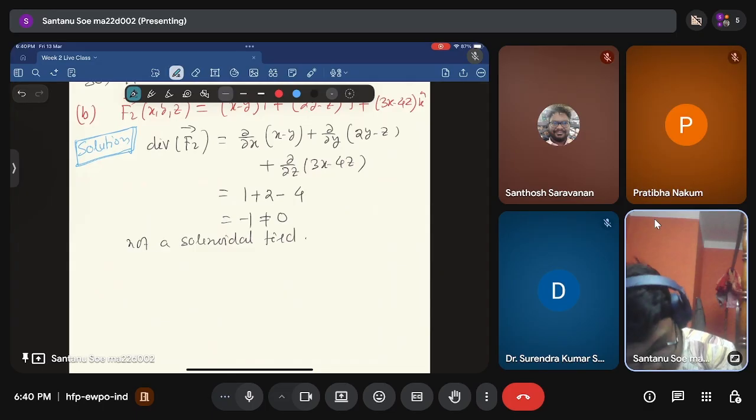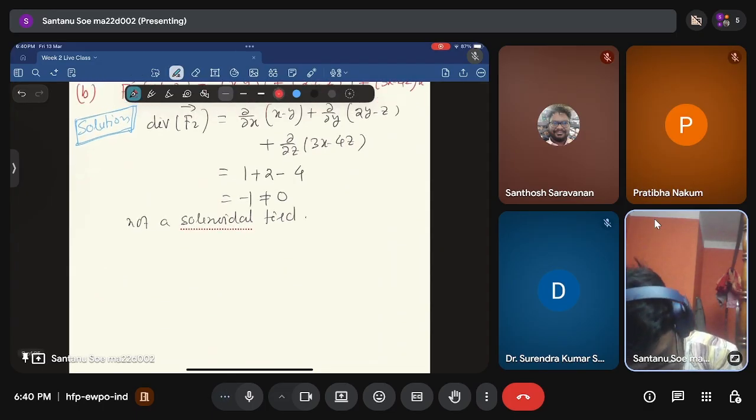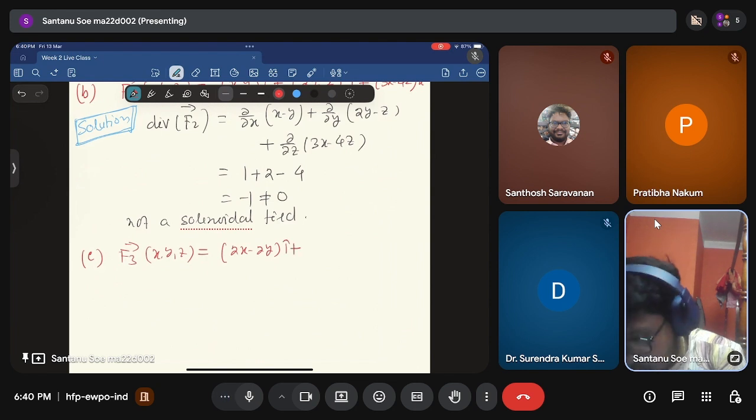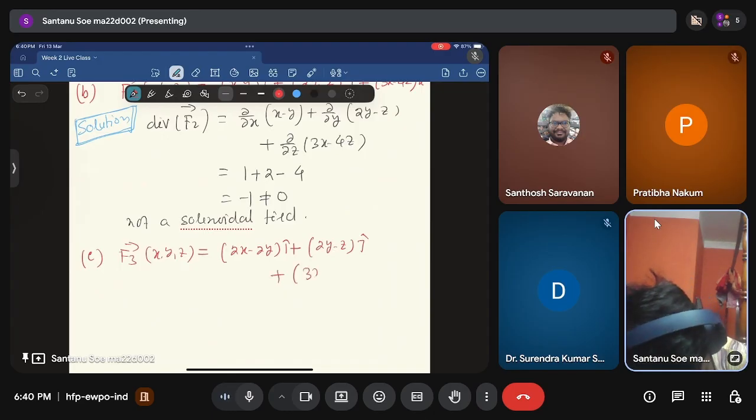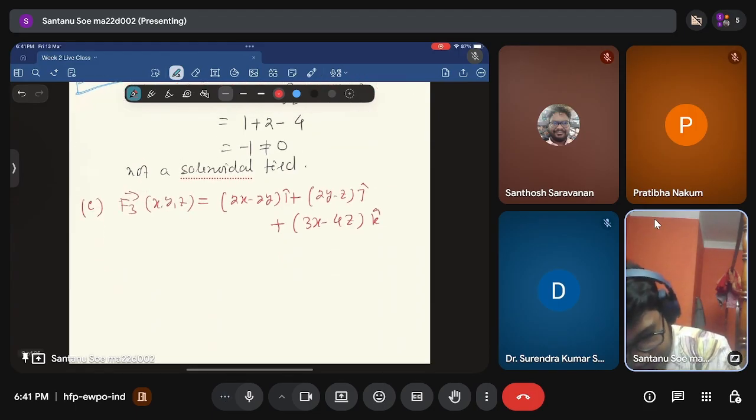solenoidal field. Okay, so this is the last question from the solenoidal field, which is C, and this is given by F3 of xyz equals to (2x minus 2y) i cap plus (2y minus z) j cap plus (3x minus 4z) k cap. Okay,